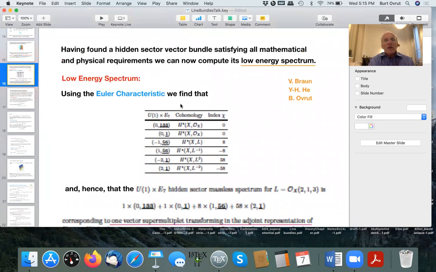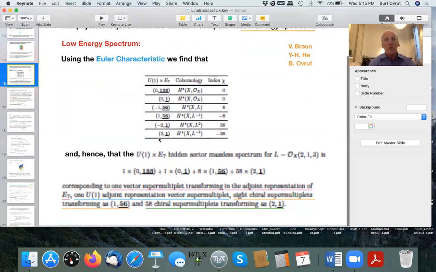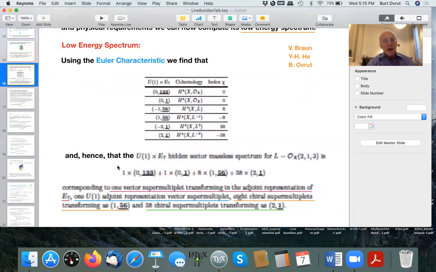So having found the hidden sector bundle satisfying all of the mathematical and physical requirements that we need, we can now compute its low energy spectrum. There's a long story behind this, but this was done by these people relatively recently using the Euler characteristic, and we find the following Euler characteristic chi for the particular cohomology associated with our U1 cross E7. But the bottom line is that under the decomposition of E8 under U1 cross E7, we get the following thing,